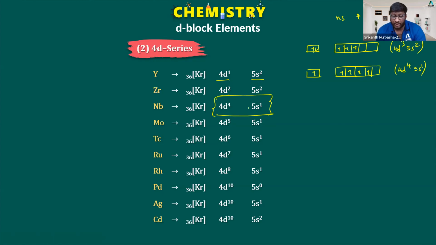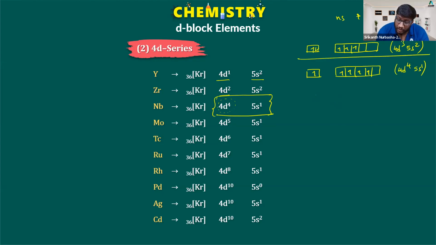You can say, sir, earlier you said that chromium has the electronic configuration 4s1 3d5. There you can say 3d5 is more stable because of the half-filled electronic configuration. But here, why are you writing 4d4? 4d4 is not half-filled, no? Then from where do you get the motive to write 4d4 5s1 instead of 4d3 5s2? Are you understanding the question or not? We can simply write 5s2 4d3 for this niobium, but the actual electronic configuration is 5s1 4d4. Why are we writing 5s1 4d4? Even 4d4 is not half filled. Can anyone say?